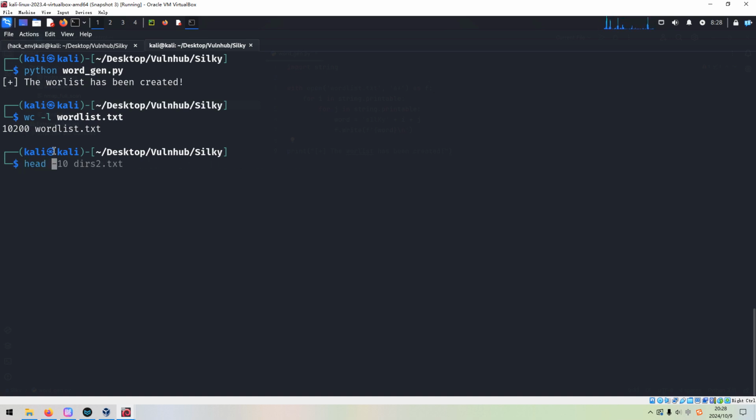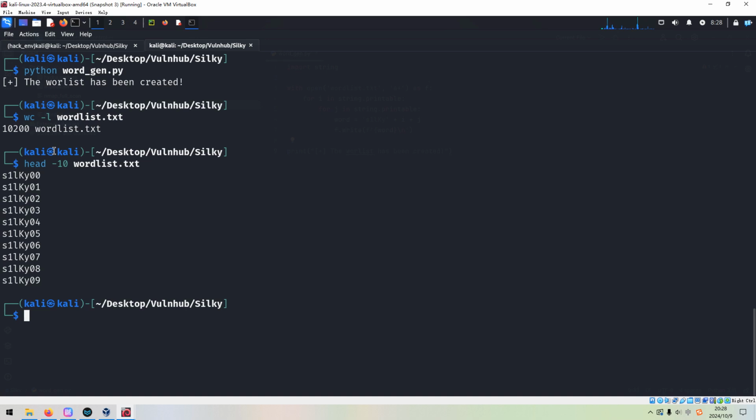We can retrieve the first 10 words from this word list. All right, so now we assume that the username should be Silky. Also, when we start up the target machine, we can get the username, right? So now we can use Hydra, Silky, and we can use uppercase P to specify the word list, and SSH.